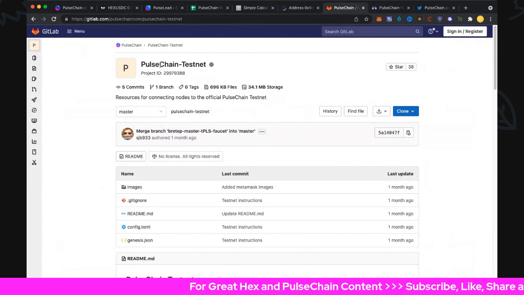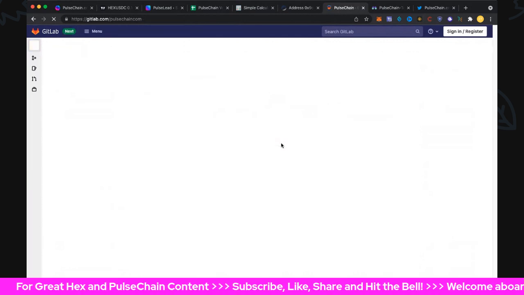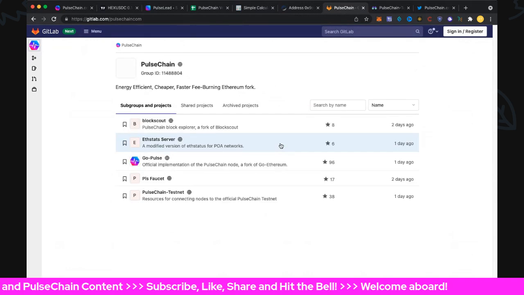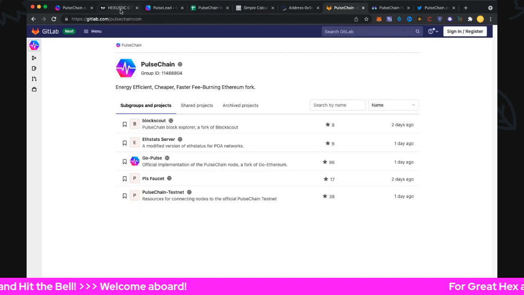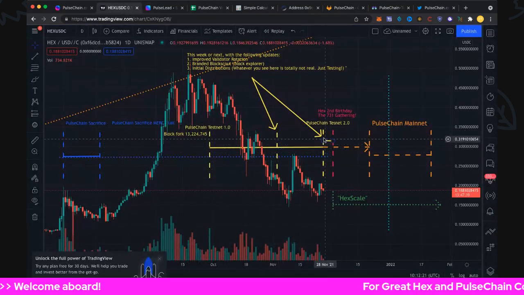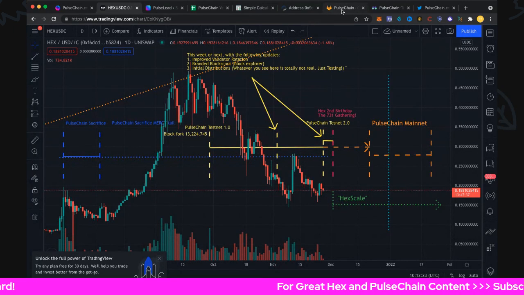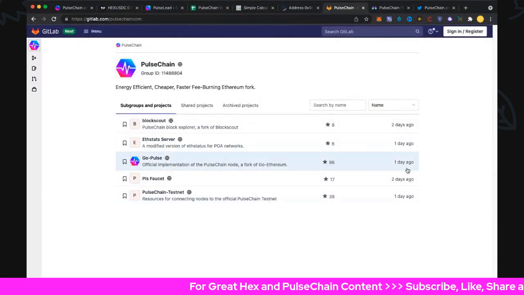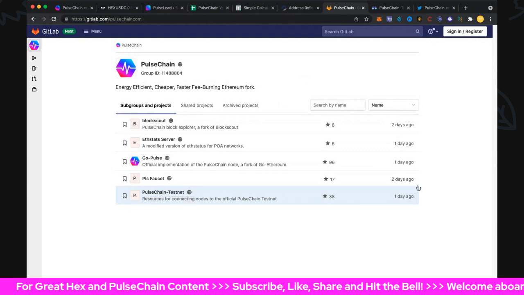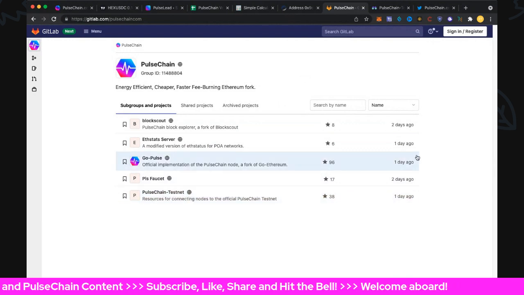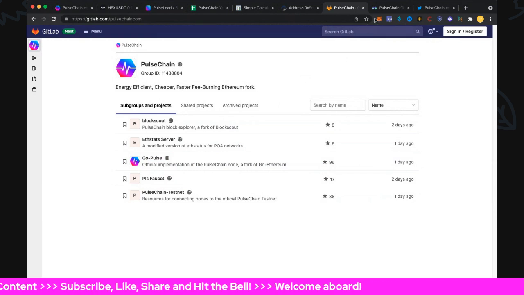As I've been talking about, the commits have been quite good the last couple of days. So PulseChain Testnet 2.0 must be pretty close and almost fitting into our window. It's a window over here, so almost fitting into this window here is looking more likely. So we've had commits here, one day, and one day. So that was on the PulseChain Testnet 2. So we'll look forward to that. Hopefully we'll get news very soon and fit into that window.